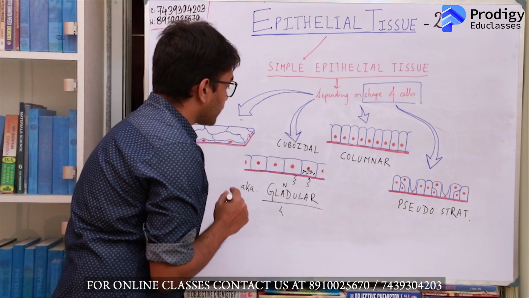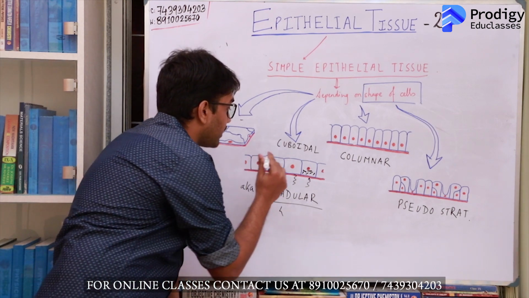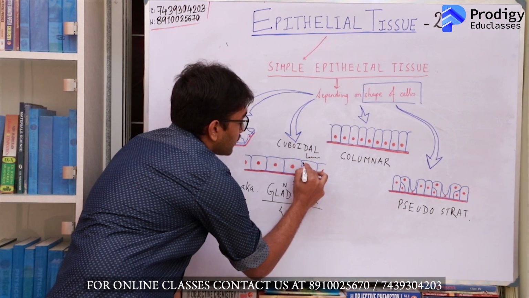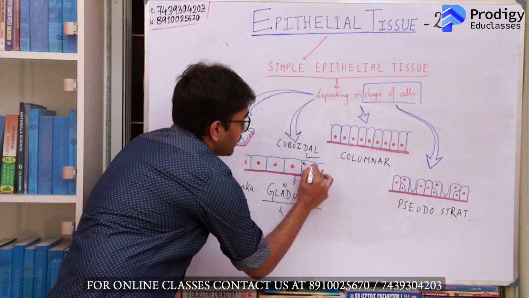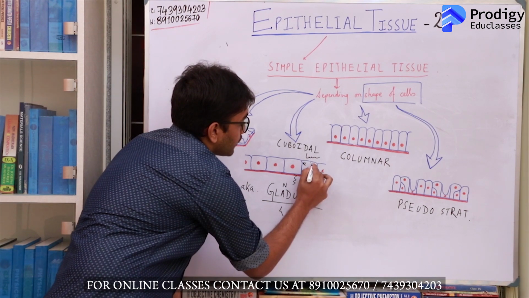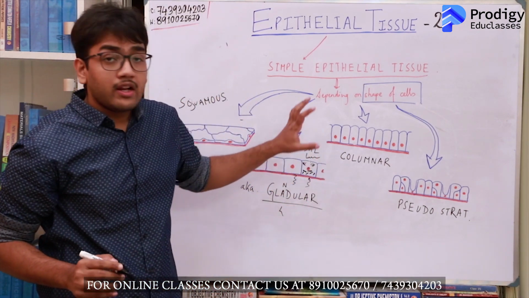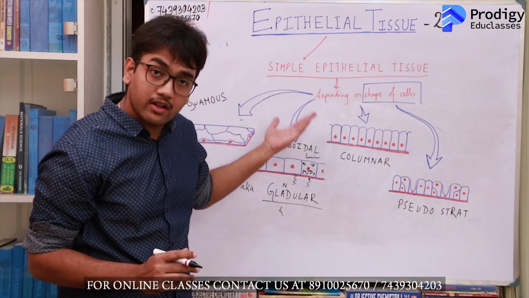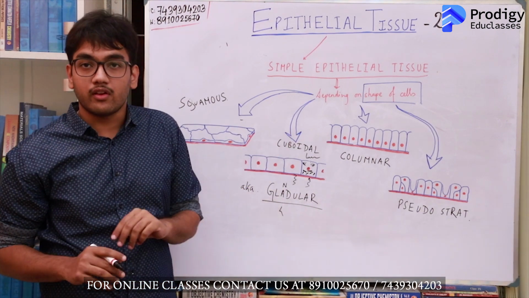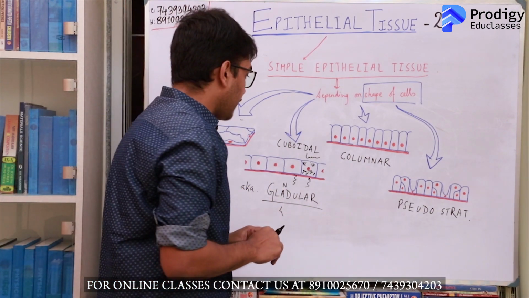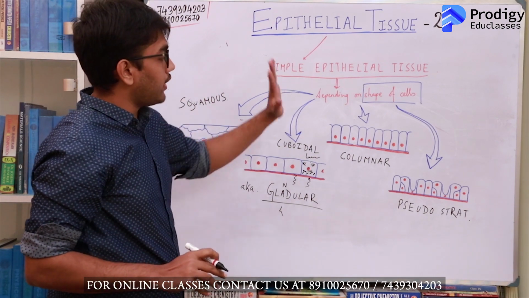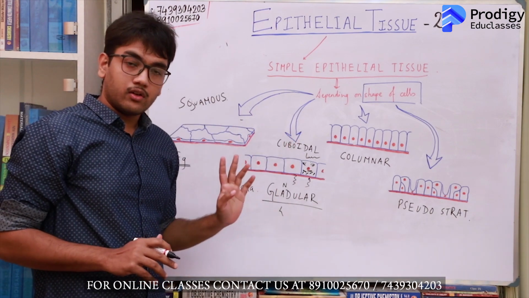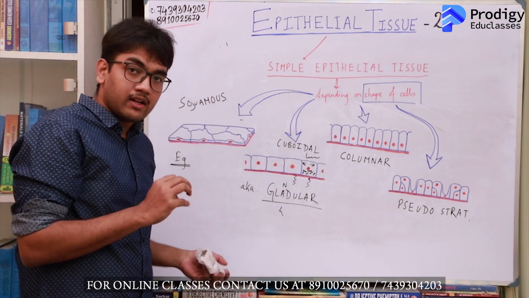Whereas all of the secretions of digestive enzymes and various things will be done to the lumen. So the Golgi bodies will be abundant on the apical surface of the epithelial tissue. So in cuboidal and columnar epithelial tissue, there will be an abundance of mitochondria and Golgi bodies. The Golgi bodies will be present on the luminal side of the cells, and the mitochondria will be present on the basal side of the cells. Okay. So we have discussed squamous, cuboidal and columnar epithelial tissue with their basic characteristics and their location. If you have missed anything, please rewind and then write it down.